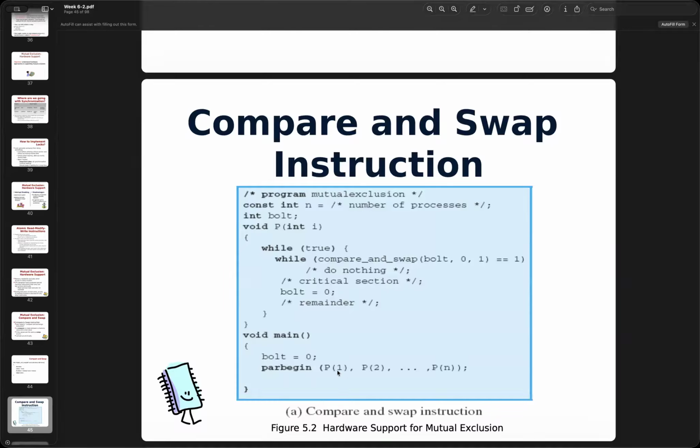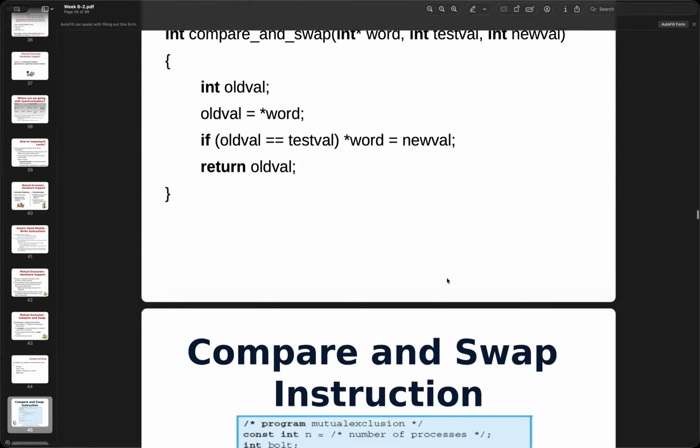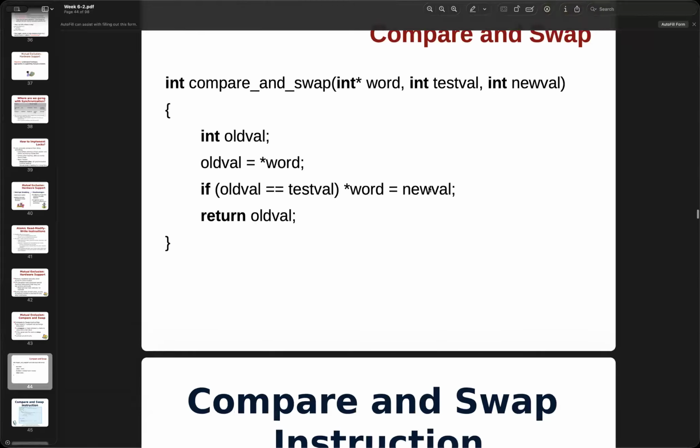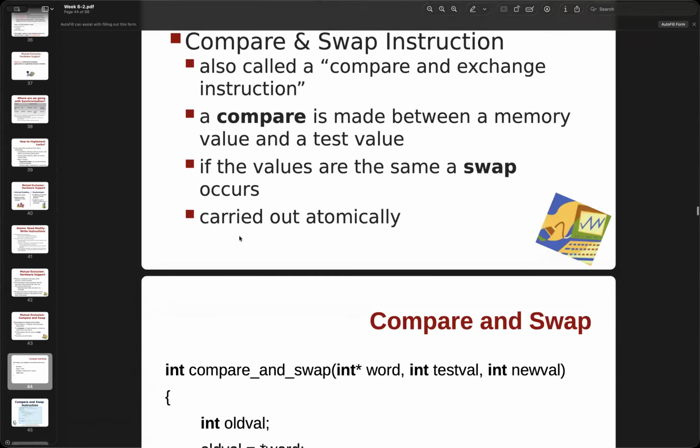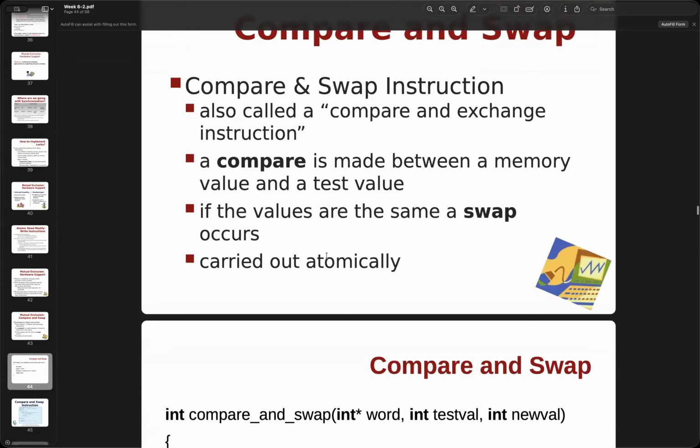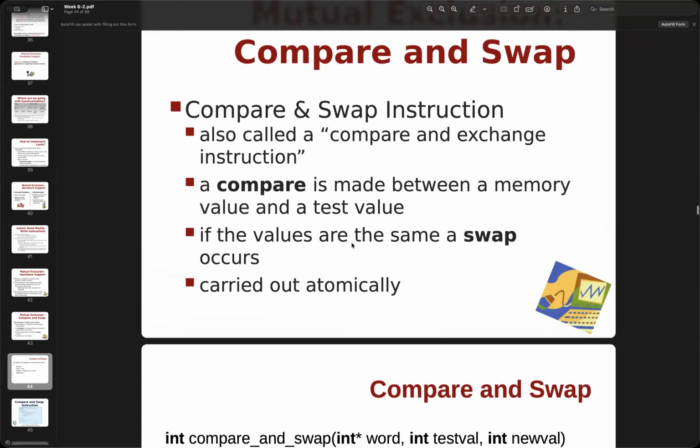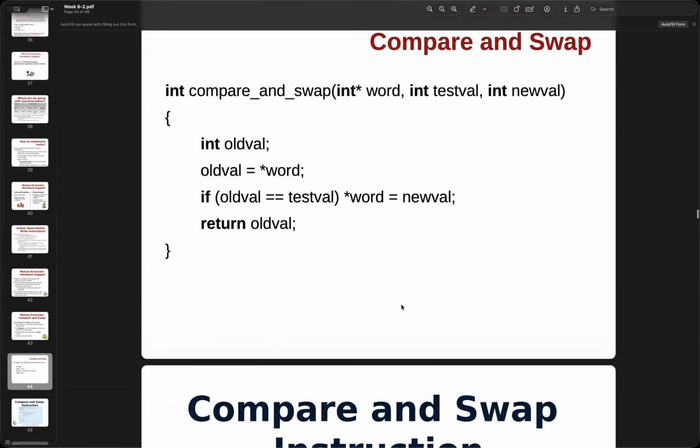Let's say we have P1, P2, up to Pn, which we are going to execute. It depends on how many processes we create. So we can have Pn processes, and then we compare. Every time we access it, we make sure we get the same value, preventing problems so it always carries out. We compare with the test value, and if they match, then we swap it.